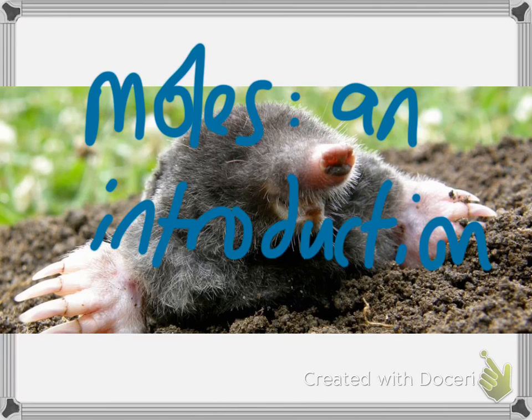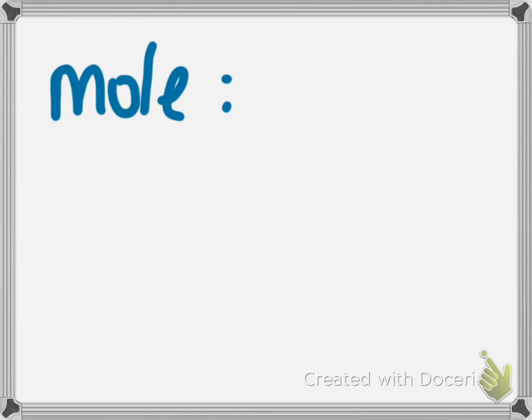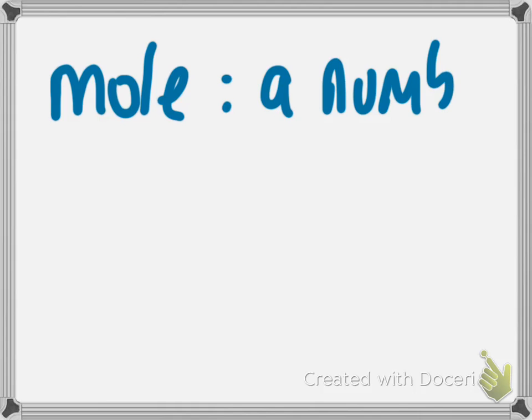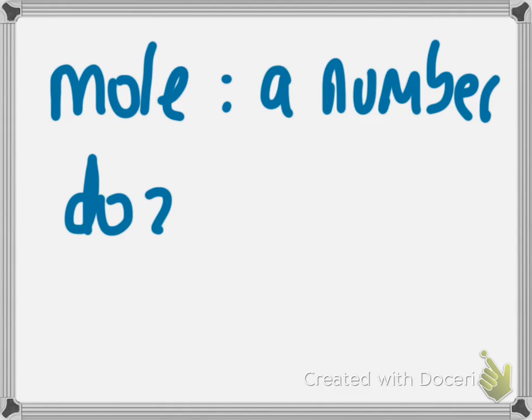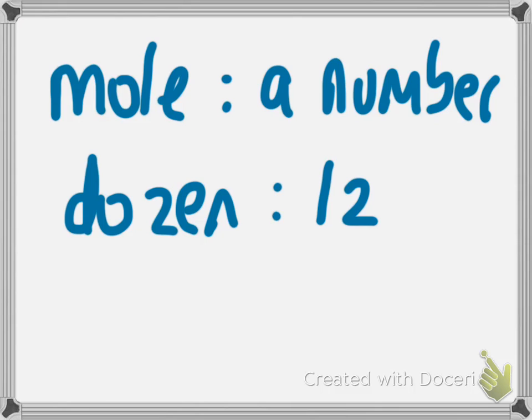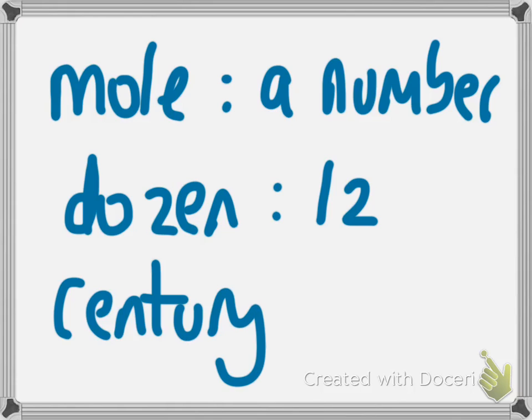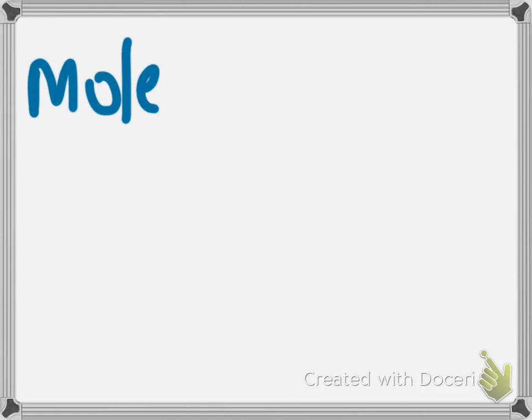Right, so what is it all about? Well, essentially a mole is simply a number. So a mole is a number, in the same way that a dozen is 12, and a century, when someone reaches a century in cricket, is 100. Now the problem with a mole is that it's quite a difficult number. So rather than being a dozen or 100, a mole is 602